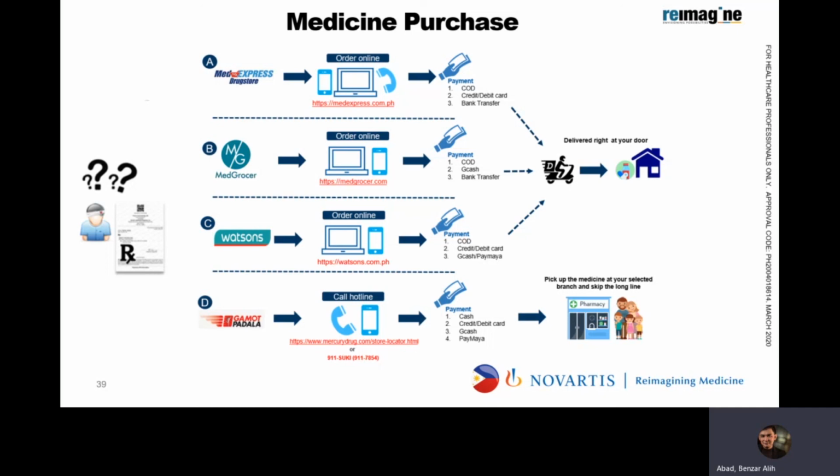So for the first three options here, A, B, and C, they offer delivering right at the doorstep of the patient. But for choice D, which is Mercury Drug Padala or Gambot Padala of Mercury Drug, they only offer skipping of the long line, going directly to the counter and then paying it. So what the patient needs to do is to call 911 Suki or 911-7854, or by going directly to the mercurydrug.com